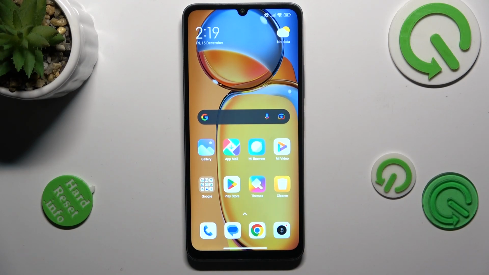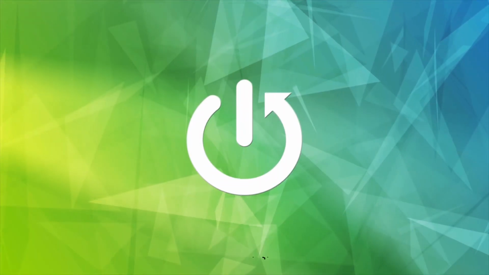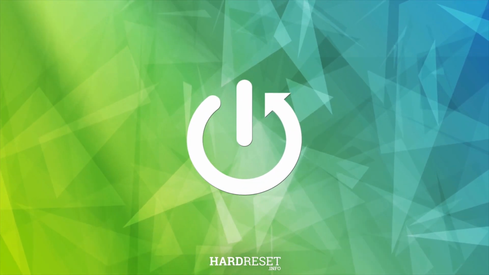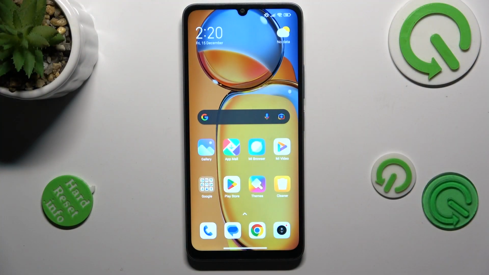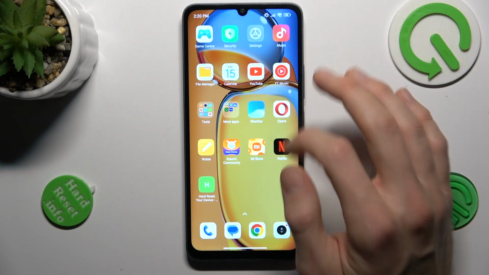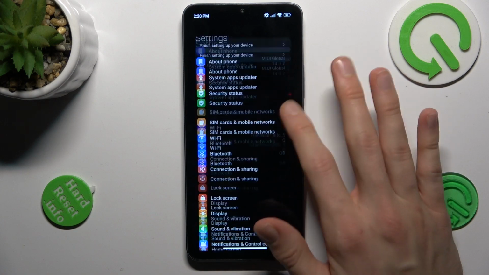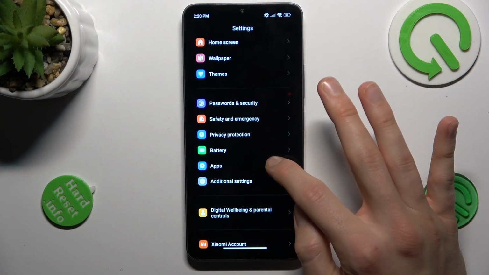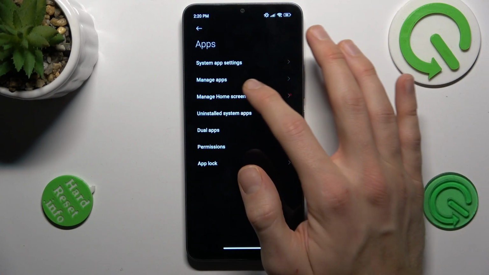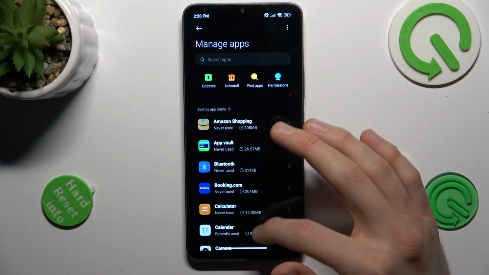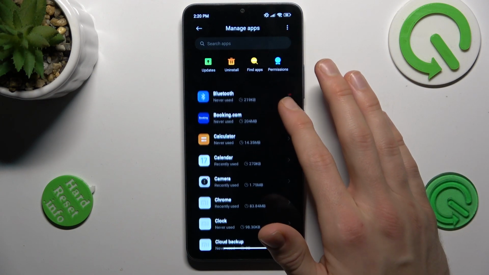Today I have XIAOMI Redmi 13R and I want to show you how to clear apps from cache and data on this device. In the first step to clear apps from cache and data, we must navigate to the settings where we have apps option. In it, manage apps. And there we have a list of applications on our smartphone, and we